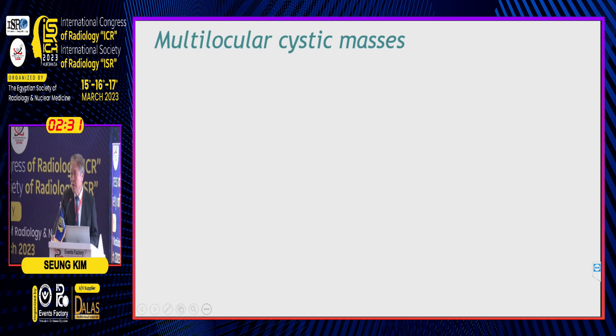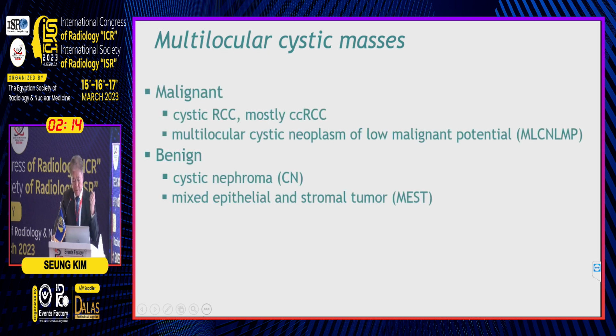Among the cystic renal masses, the mass sometimes has a so-called multilocular cystic appearance. When we see a multilocular cystic appearance, we need to have a list of tumor categories in our